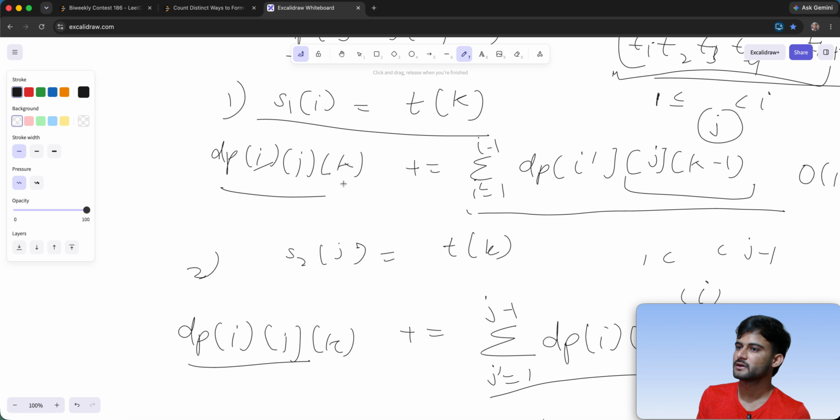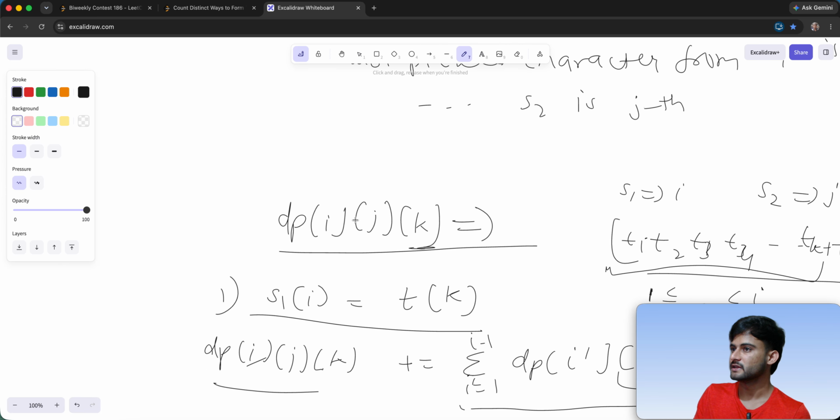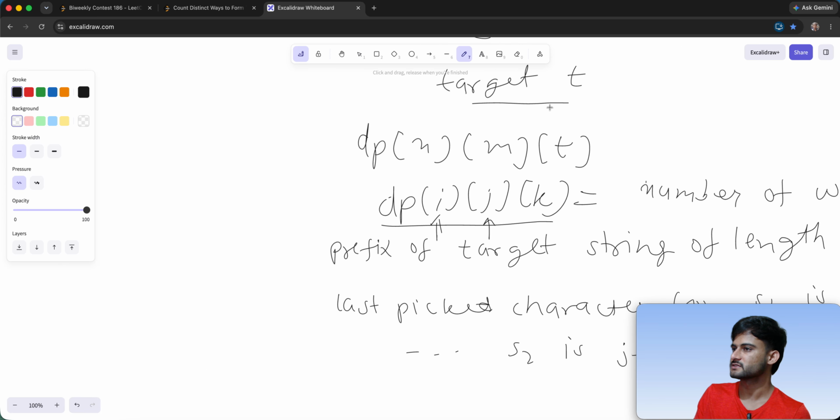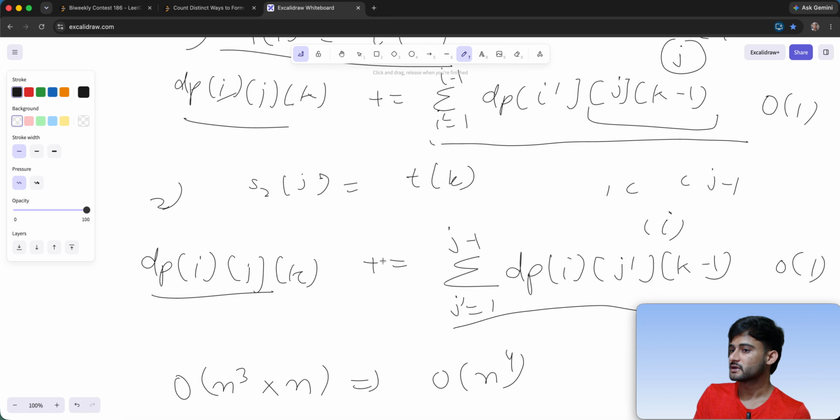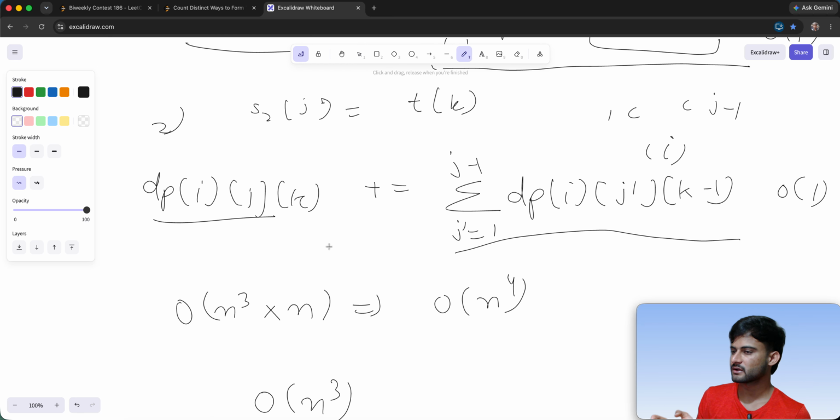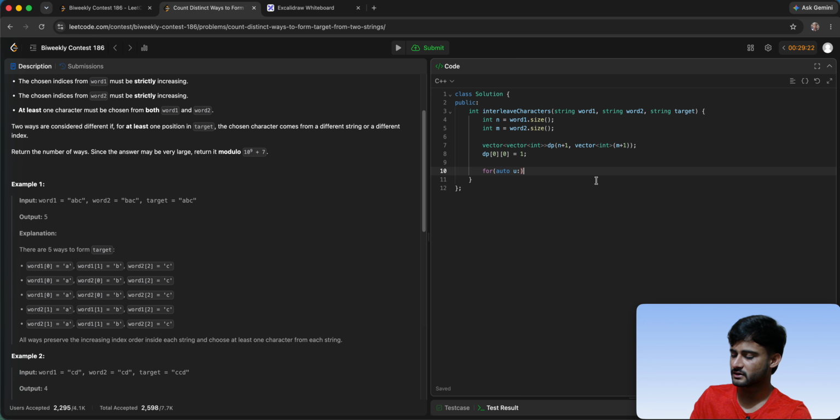k=1 के लिए सारी स्टेट्स कैलकुलेट करेंगे, देन k=2 के लिए करेंगे, अप टू k=t के लिए करेंगे, t इज़ द लेंथ ऑफ दिस टारगेट। अब t के लिए हमने कैलकुलेट कर ली सारी स्टेट्स, तो हम एट द एंड सम कर देंगे फॉर ओवर ऑल ऑफ i, j। सो नाउ लेट्स find the states one by one for each of the prefix incrementally।